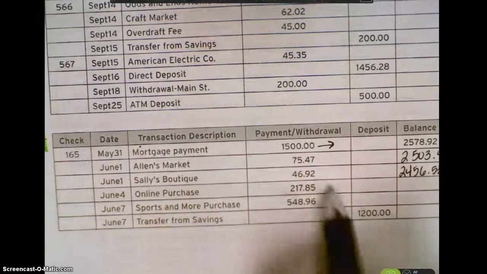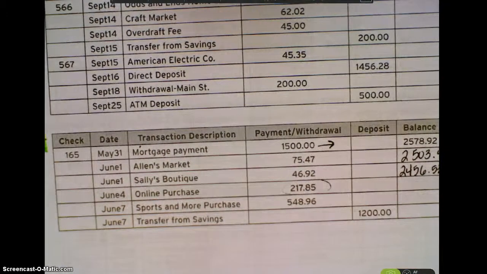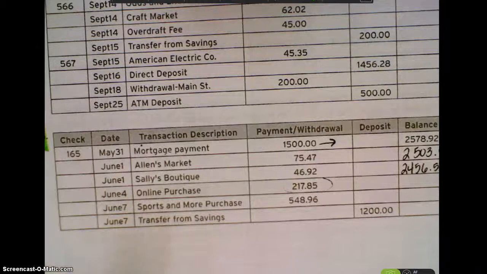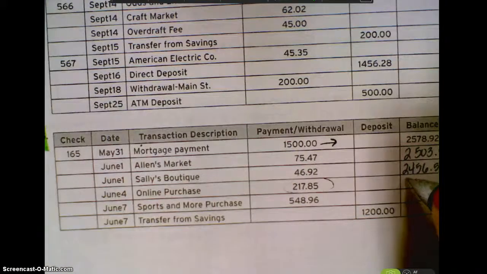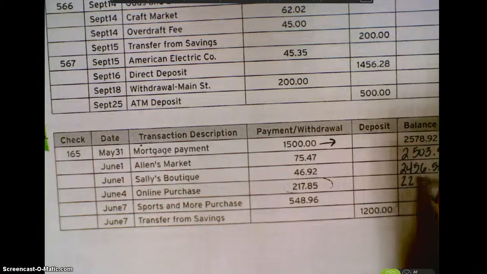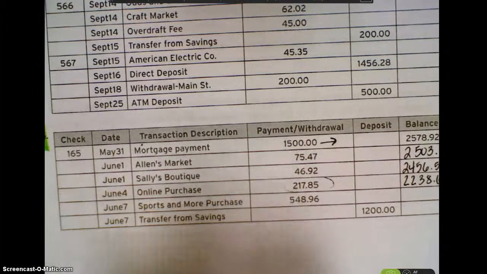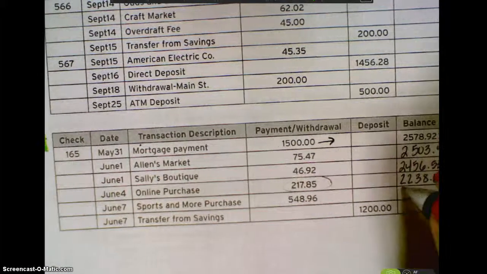Here I'm making an online purchase for $217.85, so I'm going to subtract another $217.85 from that. And that's going to give me $2,238.68. Then finally I'm making a sports and more purchase for a lot of money, $548.96, which will bring my balance down to